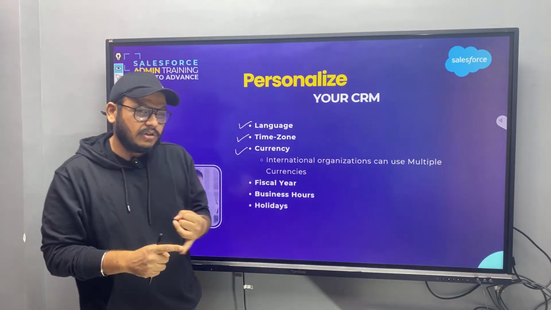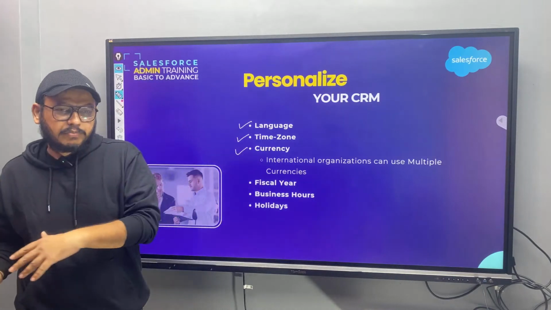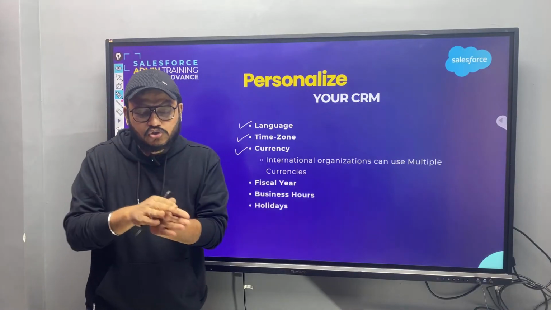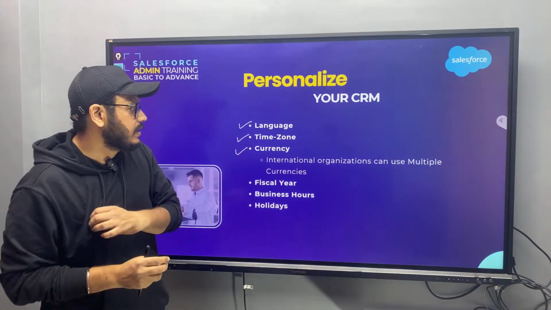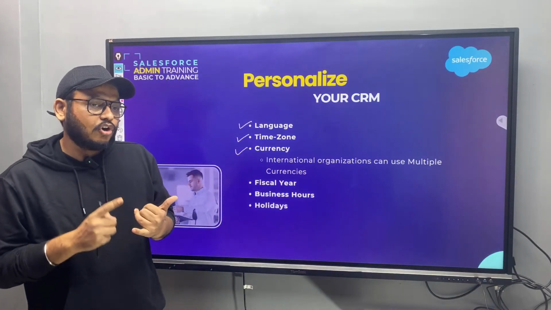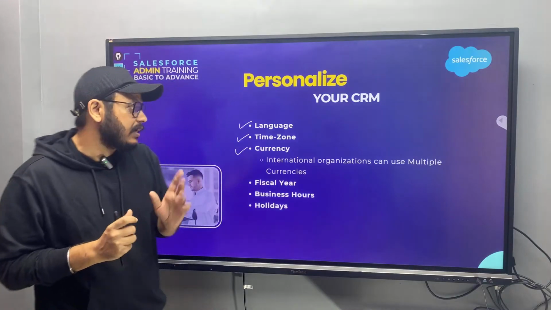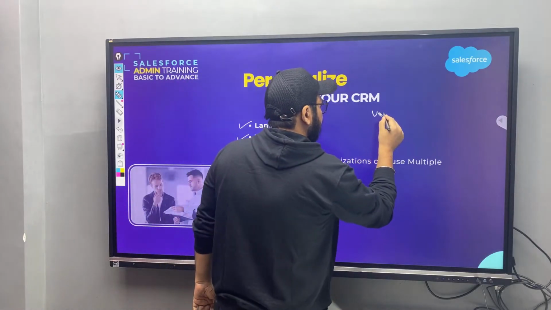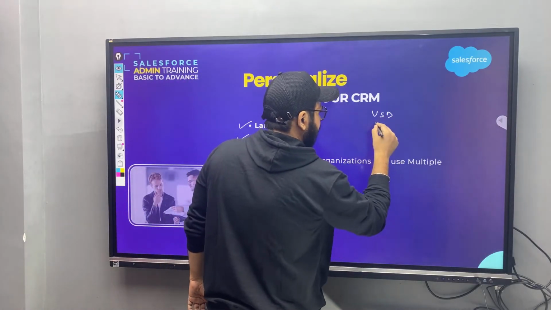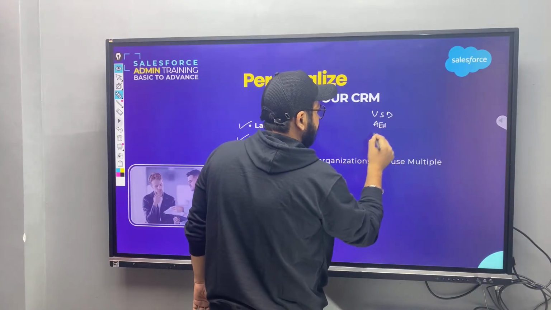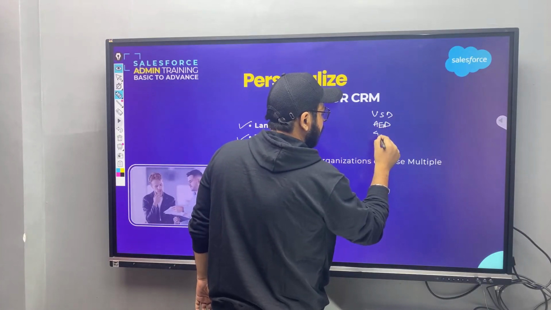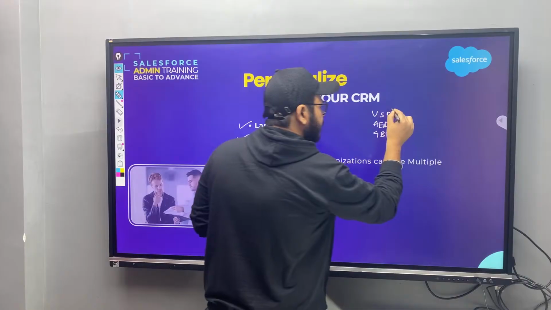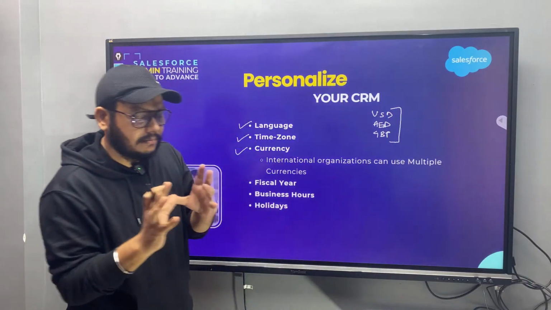So whether you're selling in US dollars, Canadian dollars, or British pounds, whatever, that currency needs to be set up. Now, there are companies which would also be selling in different countries. In that case, Salesforce also gives us the option to set up multiple currencies, right? So when we set up multiple currencies, for example, there's a company which is selling in multiple currencies. Let's say they sell in US dollars, and then they sell in UAE dirhams, and then they also sell in British pounds, right? So if there are multiple currencies, in that case, what needs to happen, see, while you want